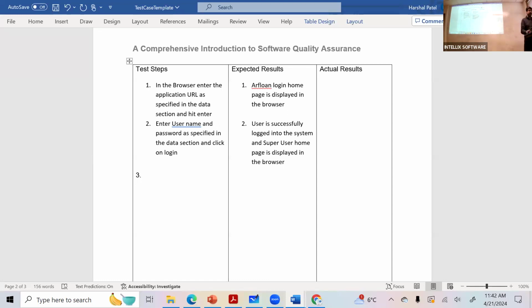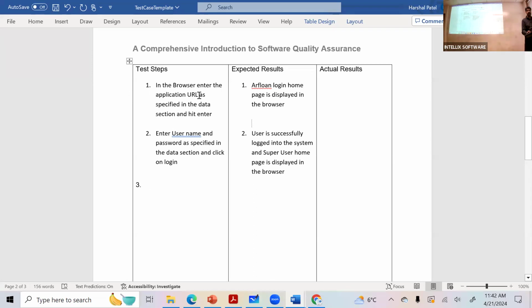So I'm telling it what it should do. Let me just do this so it's easier. I'm going to tell the steps. I'm going to tell what the expected result is. Based on that, I'm going to do the next step. It's going to do that. Now, what should be the next step? Okay. What should be my next step? What should I do?